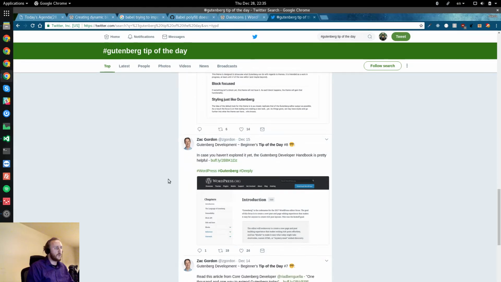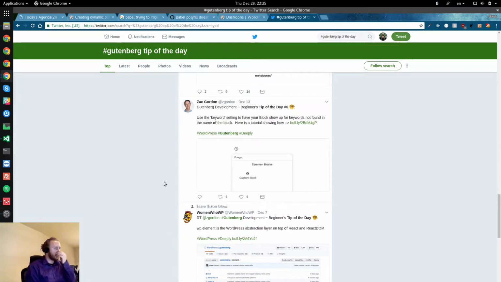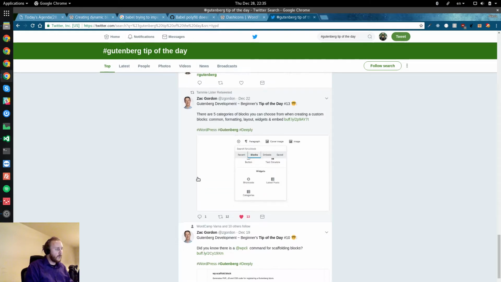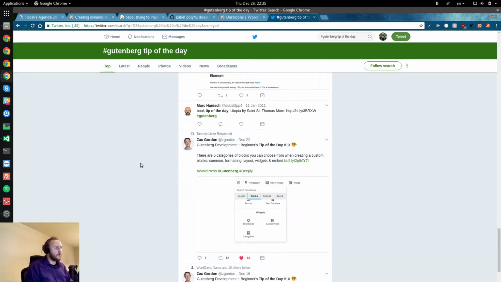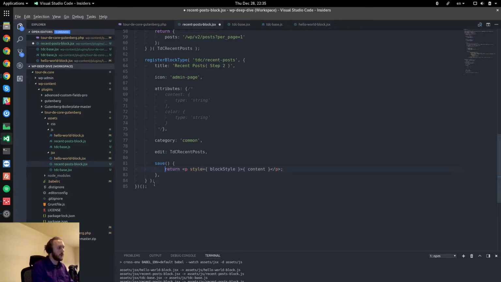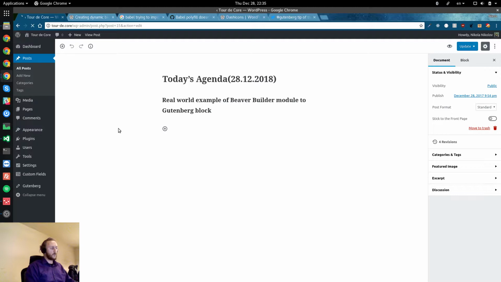Gutenberg theme, Gutenberg Handbook, keyword setting. Yeah, 5 categories of work: common, formatting, layout, widgets, and embed. I guess we'll stick with common for right now. And we can deal with this later. Save, like we said, this just returns null, which is kind of cool. Okay, and let's reload this page, and we should have